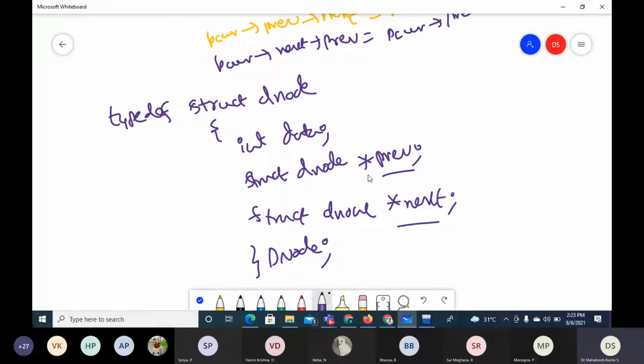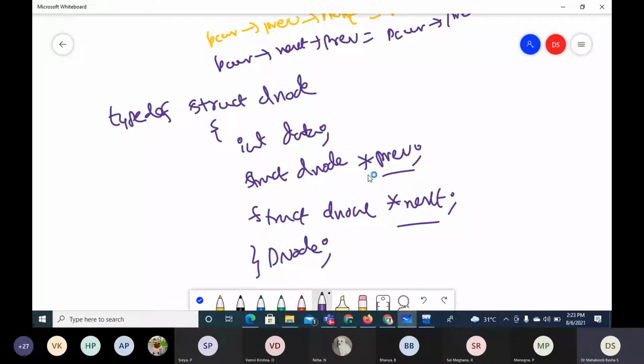Now what we'll do is write a program like the singly linked list. We can have the insertion of a data item in the beginning, in the end, or after a given node. We can do all those operations that are done with a singly linked list. We can delete a node. There is no problem doing similar operations, but instead, what I'll do is maintain a doubly linked list